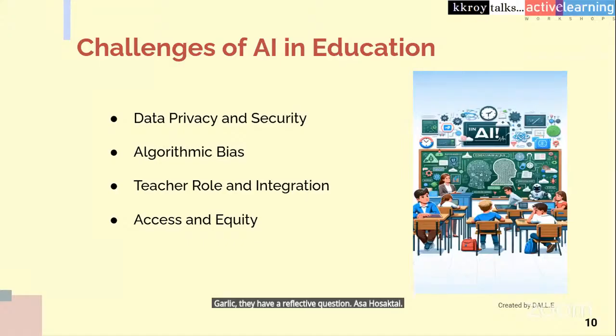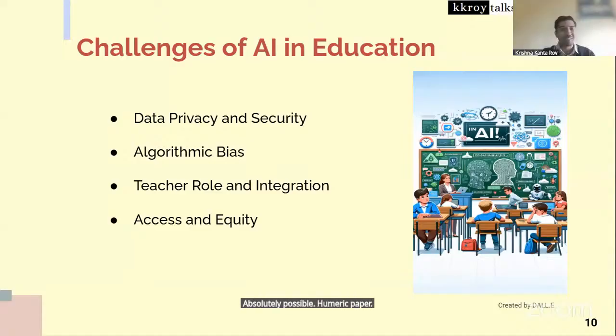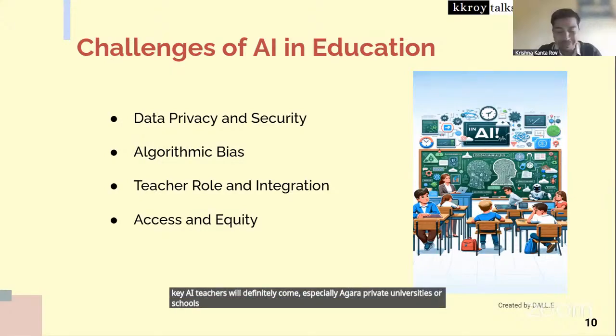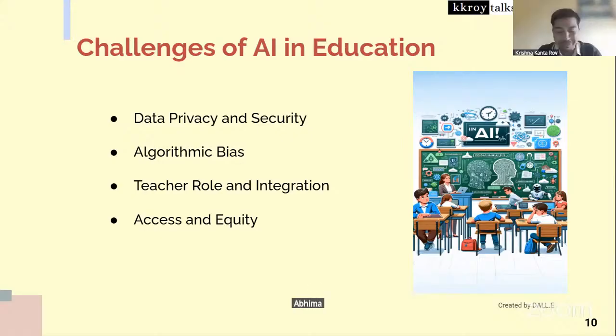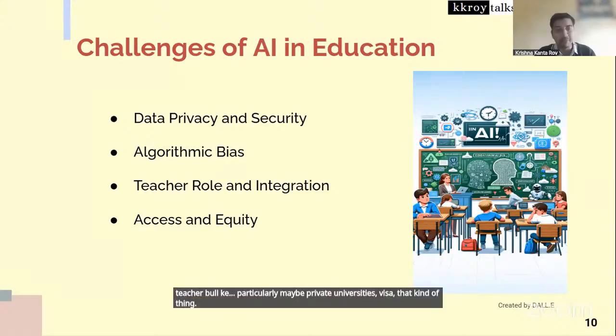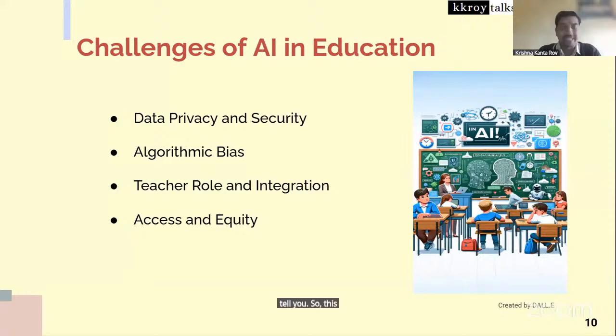मे बी हो सकता है सर, इन कमिंग 5 years, हो सकता है एब्सोल्युटली सर। पॉसिबल। मेरे एक पेपर में भी मैंने लिखा हुआ है कि एआई टीचर्स विल डेफिनेटली कम, स्पेशली अगर आप प्राइवेट यूनिवर्सिटीज और स्कूल्स को देखोगे। वो क्या करेंगे? एक डिवाइस रख देंगे, और बोलेंगे कि बच्चा कोई भी सवाल पूछ ले, वो आंसर करेगा। ऑफ कोर्स एआई है तो वो कर देगा, और उसको एआई टीचर का रूप दे के, एआई टीचर बोल के पर्टिकुलरली मे बी प्राइवेट यूनिवर्सिटीज फीस ज्यादा कर देंगे कि हमारे पास एआई टीचर है, जबकि आप सबके पास एआई टीचर ऑलरेडी है। चलिए, सो दिस इज थर्ड पॉइंट।